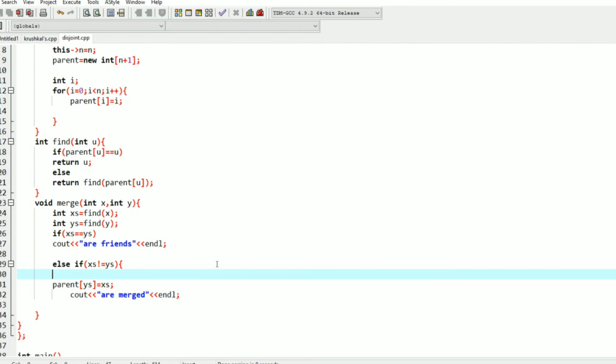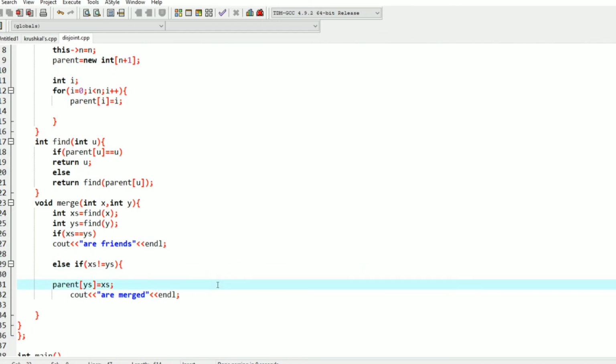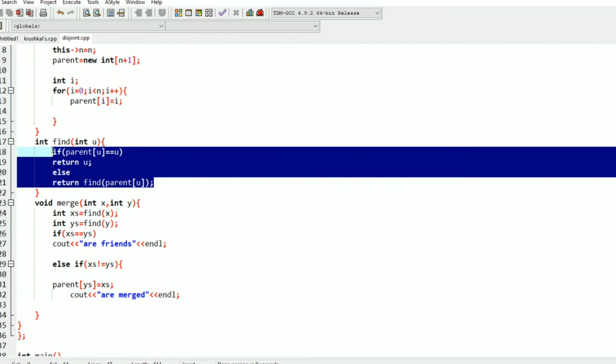So basically this is a simple implementation of the disjoint set data structure, but we can optimize its time complexity further by using union by rank and find with path compression techniques. In union by rank, the main concern is that the height of the tree must be kept small. Basically we need to maintain the height of a tree, so that the parent calls being performed in this find operation will get reduced.